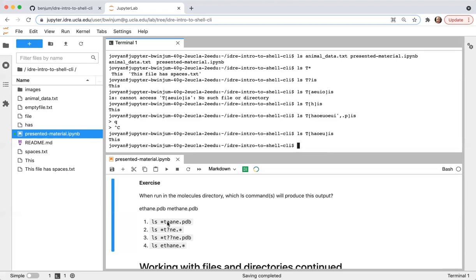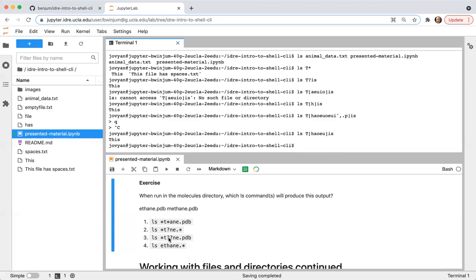So this one is okay. This one, you can have anything after the period, which satisfies both of these. You can have anything before the T, which is okay. But then you can have only one character between the T and the NE. Here there are 2, and here there are 2, so this one won't work.